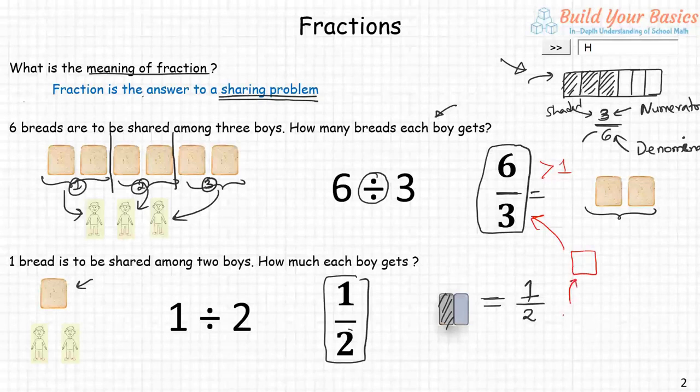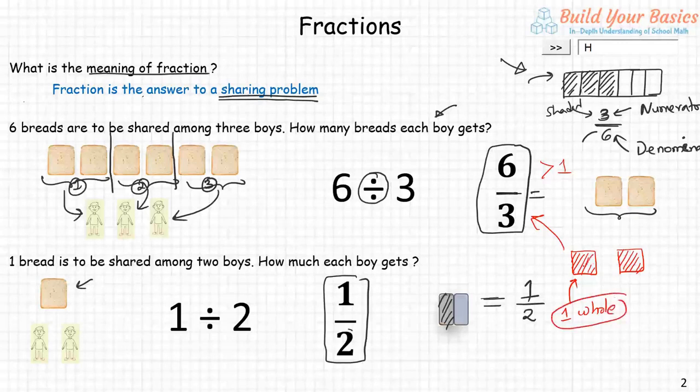So this is my one whole. Okay. Now I have two of them. So 6 by 3 is 2. So this is what I have. So I will shade this and then say that this is one whole. But normally in such problems you will not mention what is one whole.